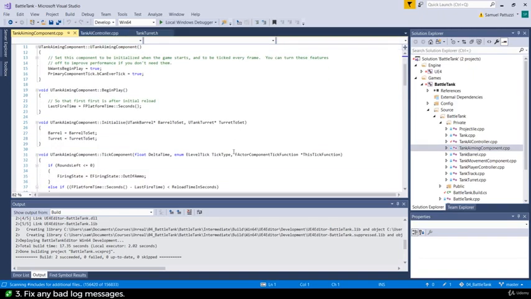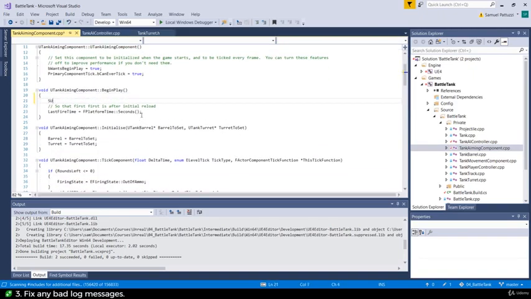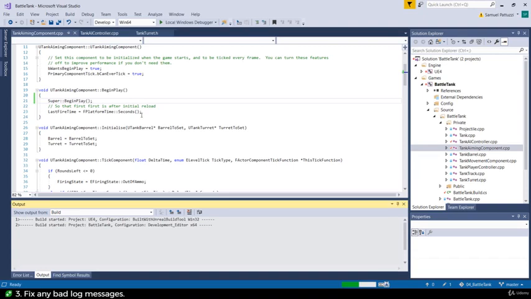It could also be a knock-on error. Yep, sure enough, begin play is not calling up to super begin play. So we do need to be wary of that. You do need to call super on things that you override that are virtual. That could have been the cause of that particular error. In fact, that's a log message that I wasn't expecting to see, but it's good that we were able to solve it. So do pause the video and compile for yourself, having fixed those errors,